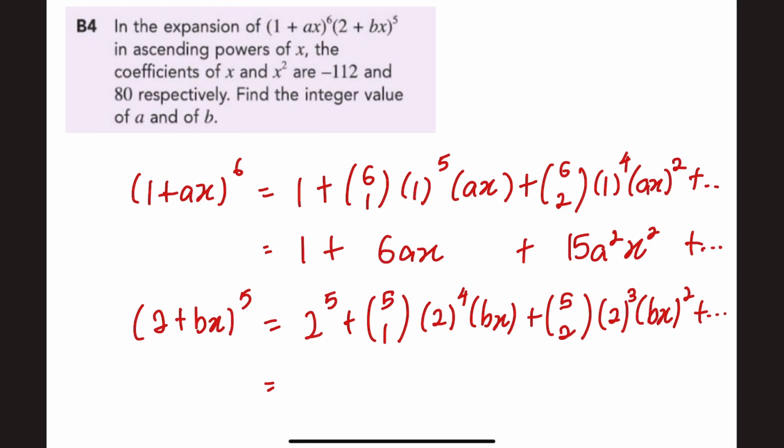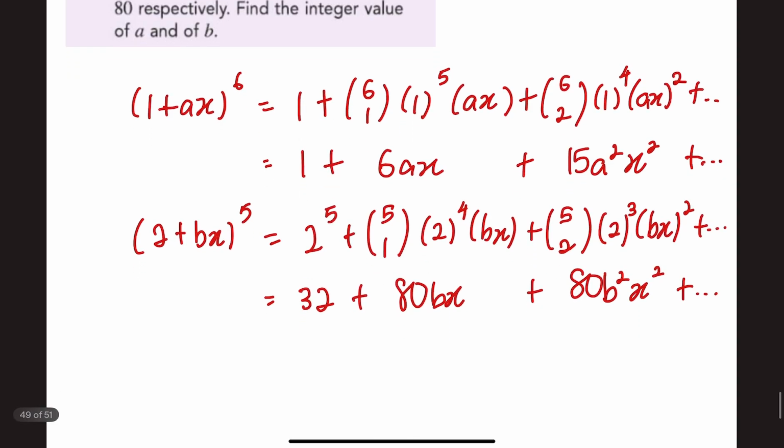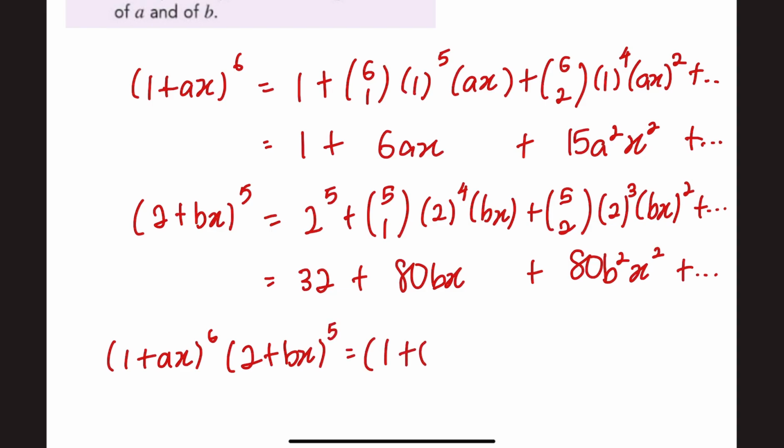Okay, therefore 2 power 5 is simply 32 plus 80bx plus 80b square x square plus dot dot dot. Okay, so therefore in the expansion here, 1 plus ax power 6 times 2 plus bx, the whole thing power 5 is simply equals to 1 plus 6ax plus 15a square x square plus dot dot dot,